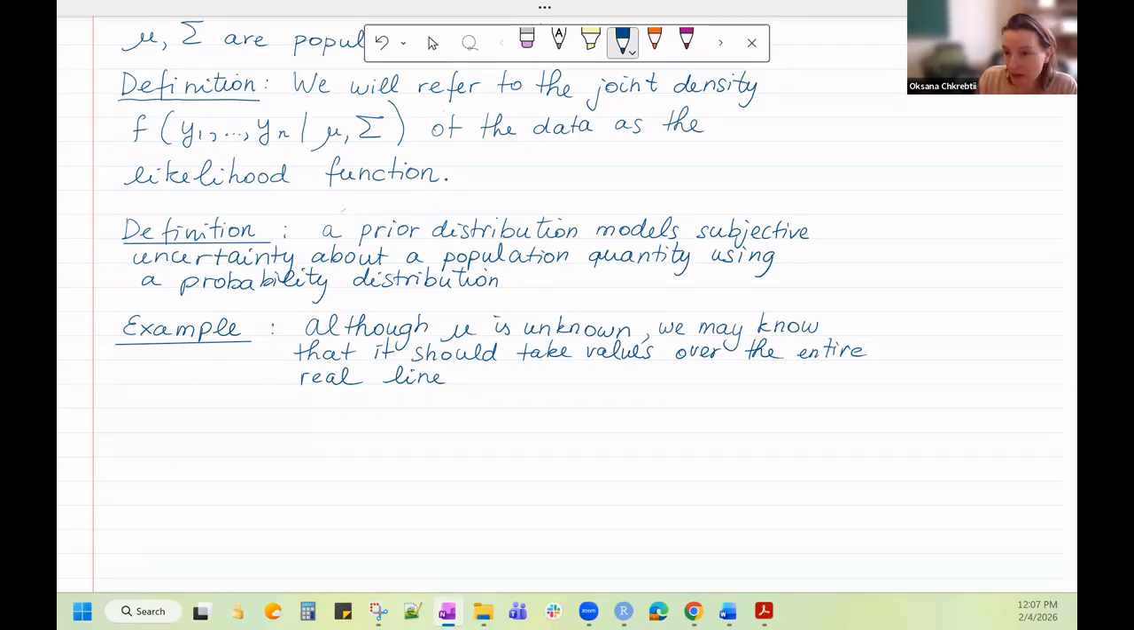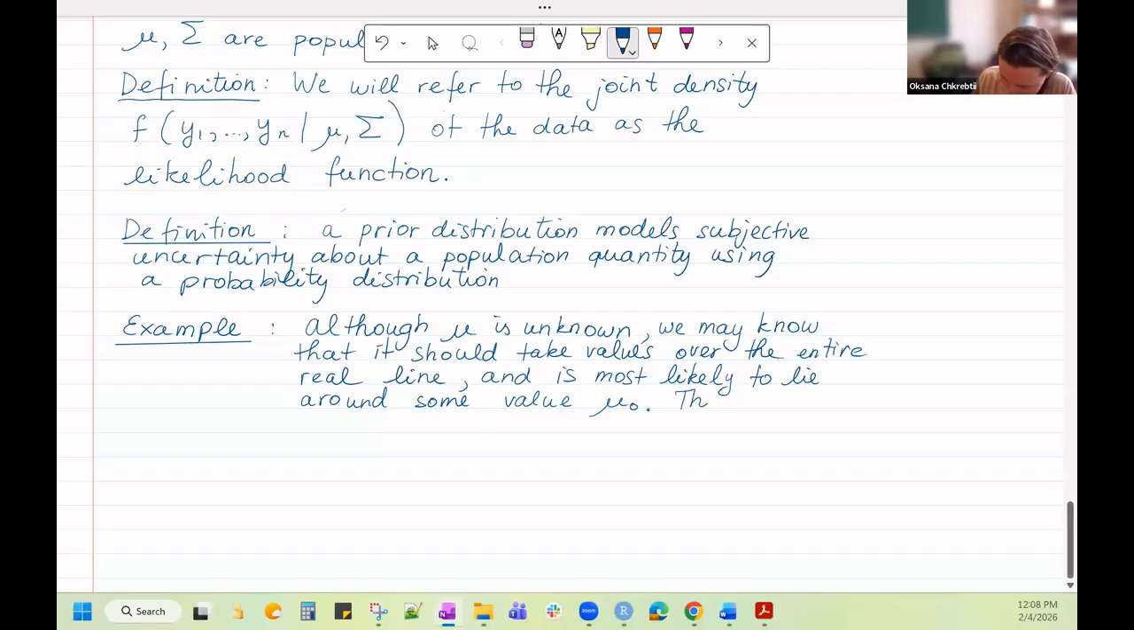And it is most likely to be around some central value mu naught. And this is subjective likelihood, most likely. And this value mu naught is known. It's something that we would know. For instance, it could be 0, for example. Okay, thus a reasonable prior distribution for mu